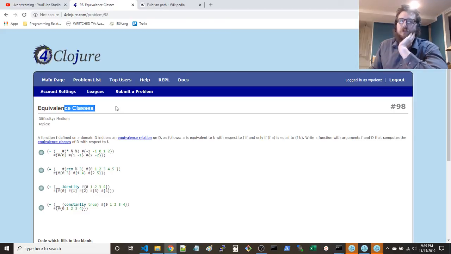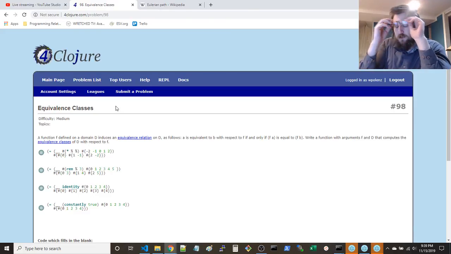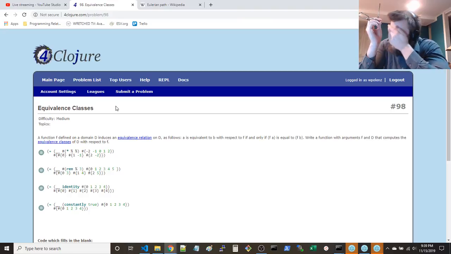Equivalence classes, basically, if you have a proper partition, then you have proper equivalence classes. I want to say that you don't have equivalence classes without a partition, and you don't have a partition without equivalence classes.